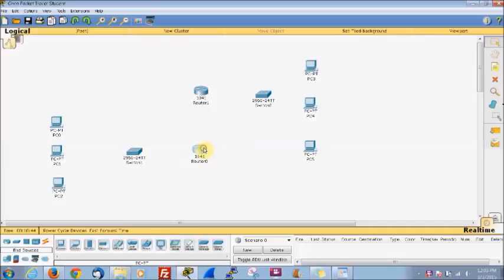and then we're going to have customers and clients. That's how our network's going to be set up. So this router we're going to rename to customers. This is going to be our router 1, and this is going to be our